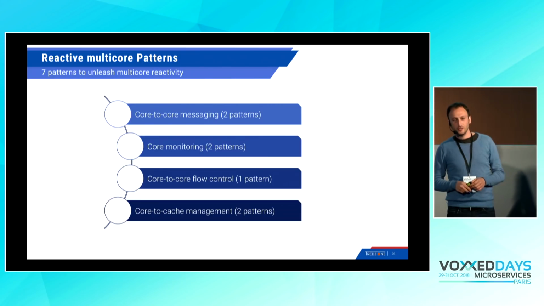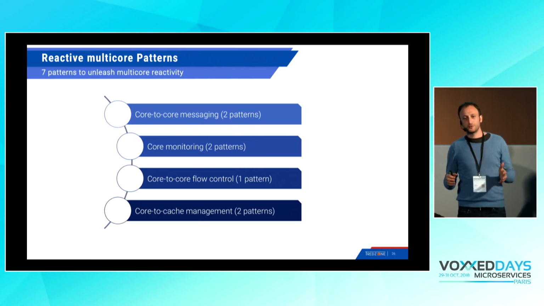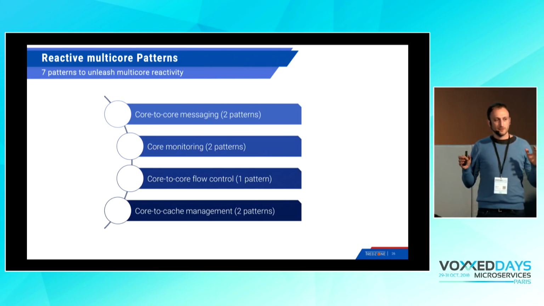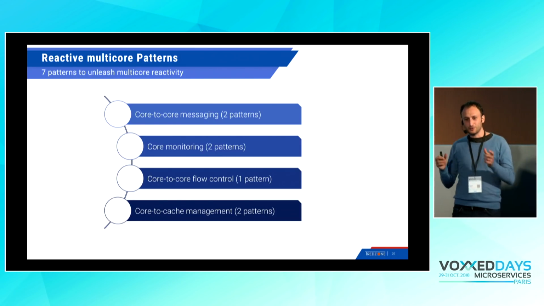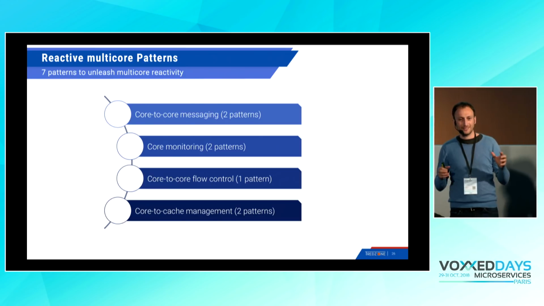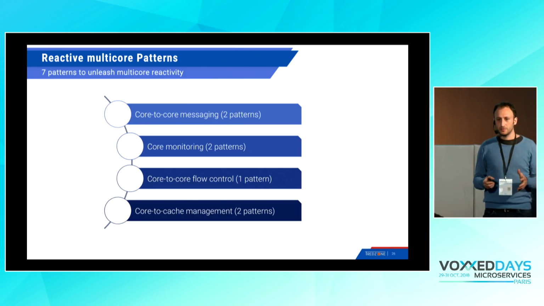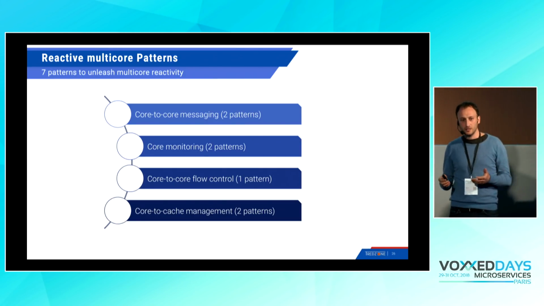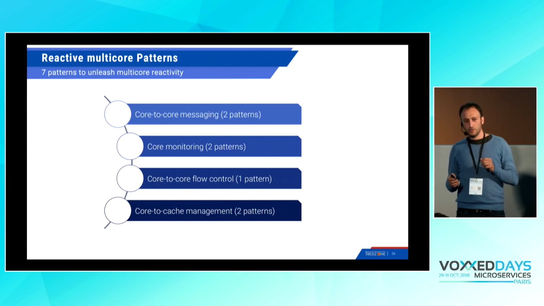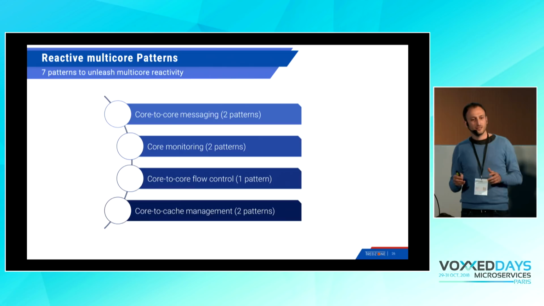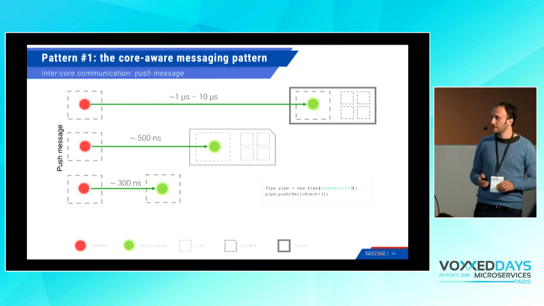So, thank you, Charlie. I will talk now about some patterns you can apply on multi-core architectures. You are used to patterns on microservices on different servers. When you understand that your services are running also on multi-cores and they interact between themselves inside one multi-core CPU, you understand also that you need to apply other patterns. However, most of them look like the network patterns you already know. But let's see that.